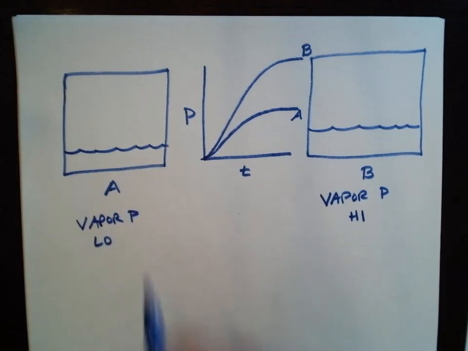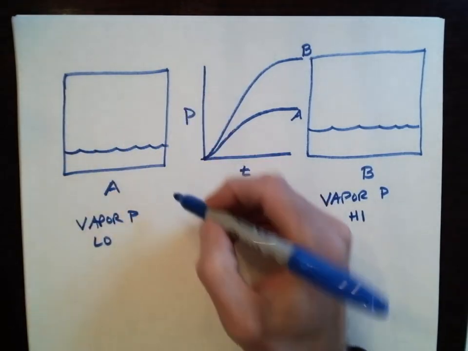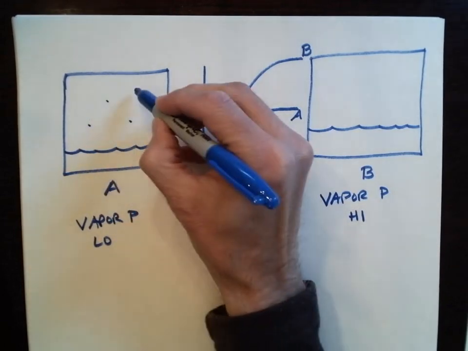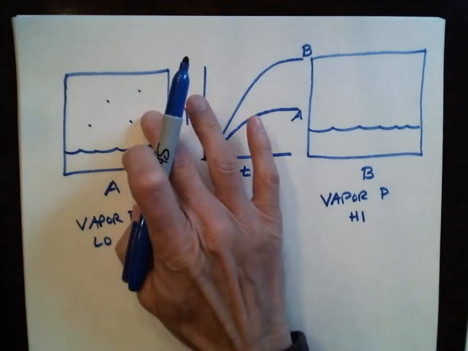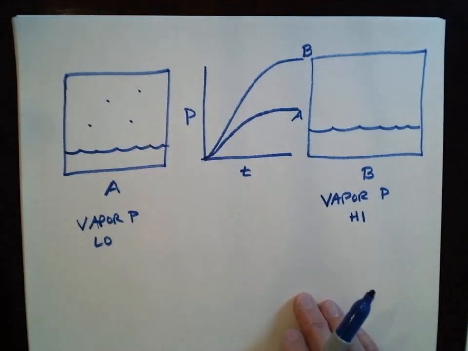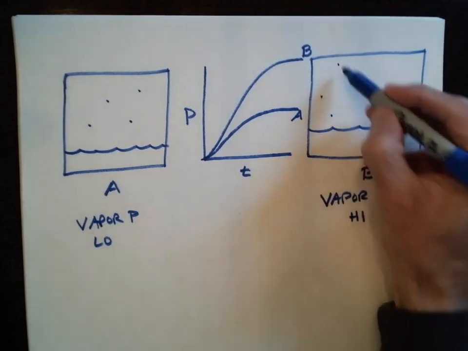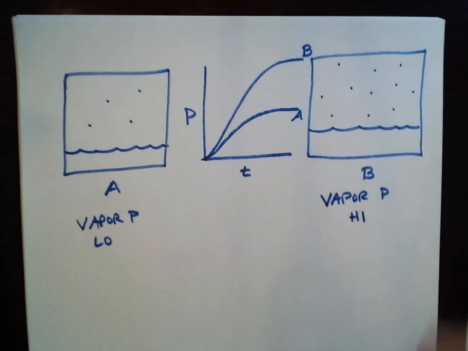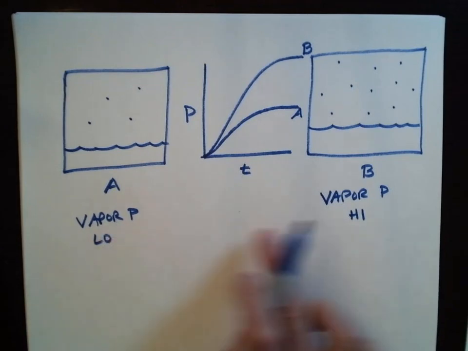that's low. And so drawing molecules in the gas phase as dots, we would imagine that liquid A is going to have maybe that many dots to represent the gas molecules that have entered the gas phase. And for liquid B, we of course would expect more gas molecules in the headspace of the container, giving it a higher vapor pressure. And so the question is, which of these two